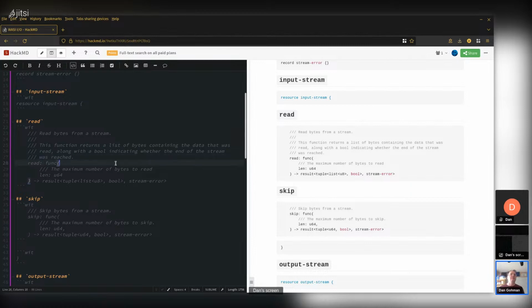All right, so that's the bool thing. So you call read, and you give it a length of how many bytes you want to read. Another thing I could point out here while I'm going through is that the length here is a U64. That also subtly differs from how POSIX does read.